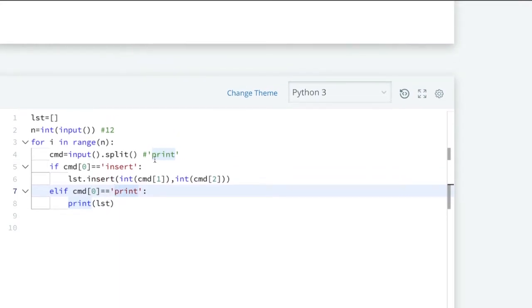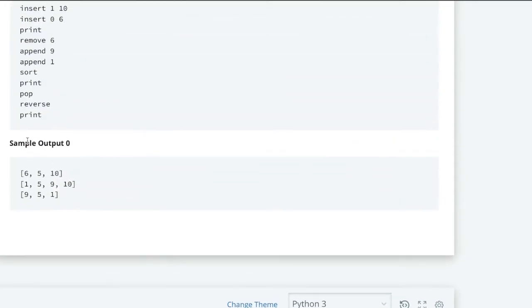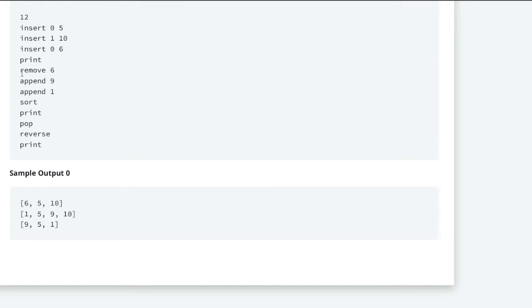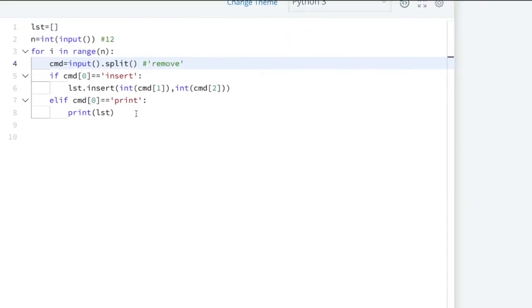Suppose the user hasn't given print, he has given remove. So you can see here, for remove we have two things, one is the command and one is the value, means which value we want to remove. So here we will get two things, remove and the value, suppose 6.